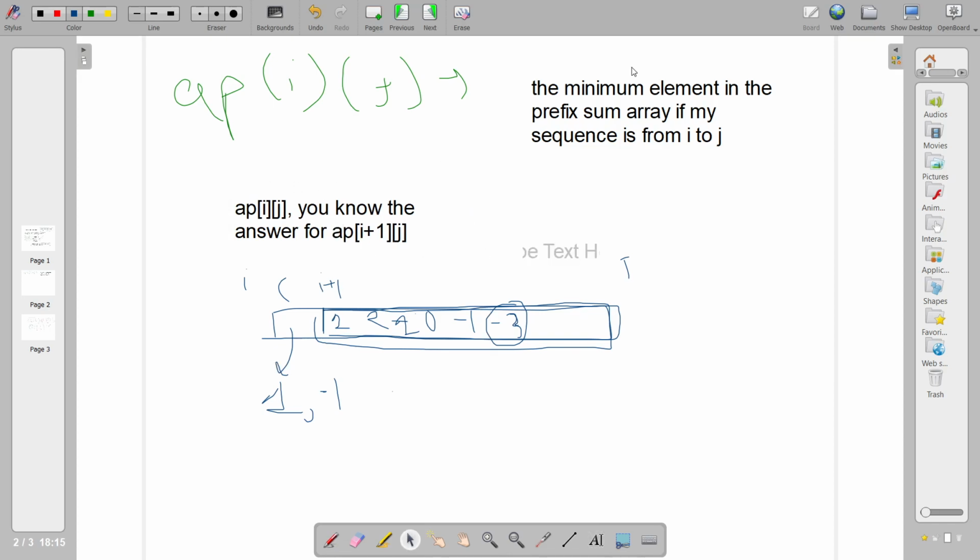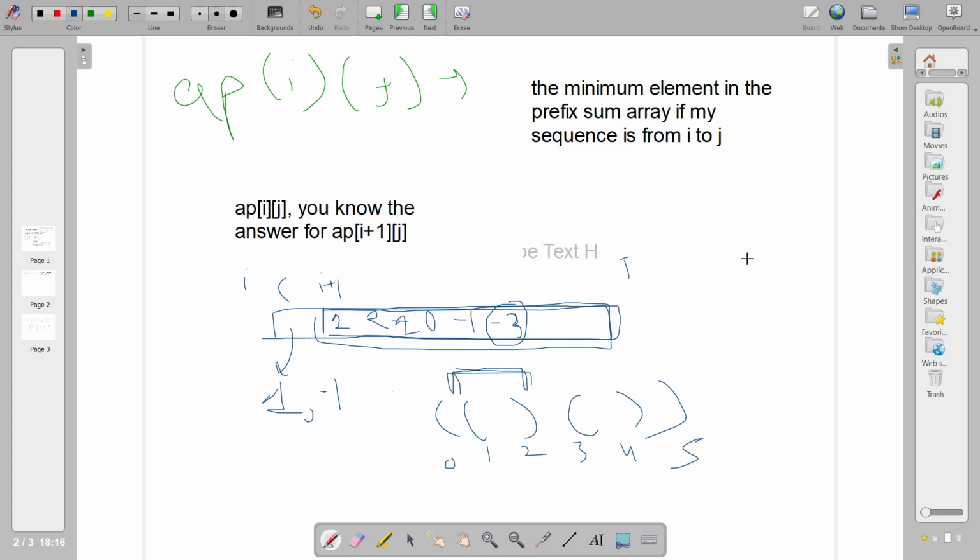Okay, so this is what the AP of ij basically means: if I have a sequence from I to j and I create the prefix array like I created before. For example, suppose your sequence is like this. This is 0, 1, 2, 3, 4, 5. So AP of 1, comma 2 would be, in this sequence, what's the minimum value?